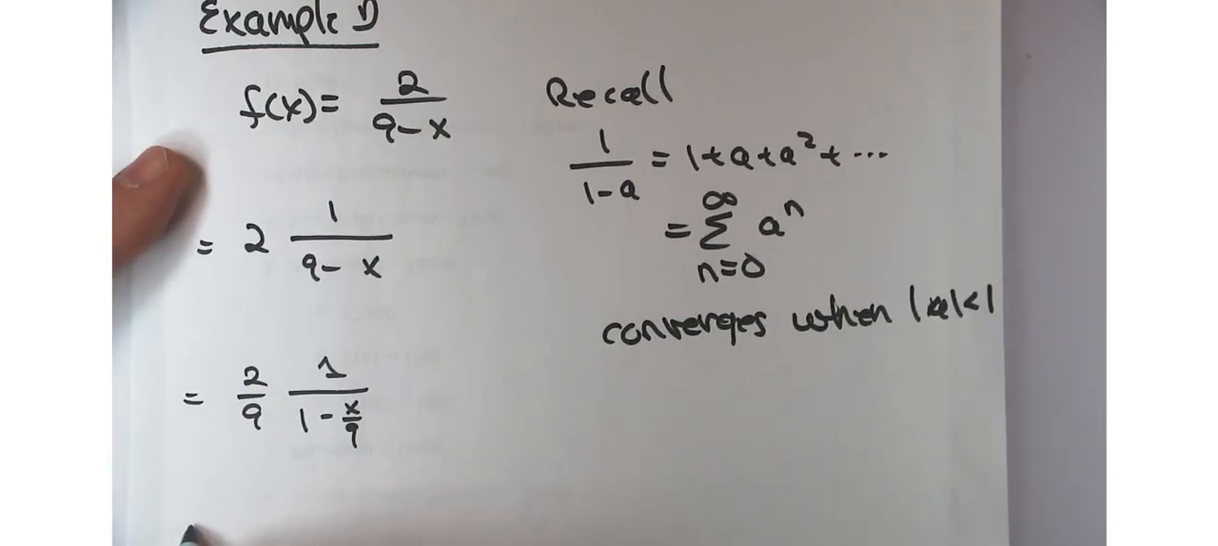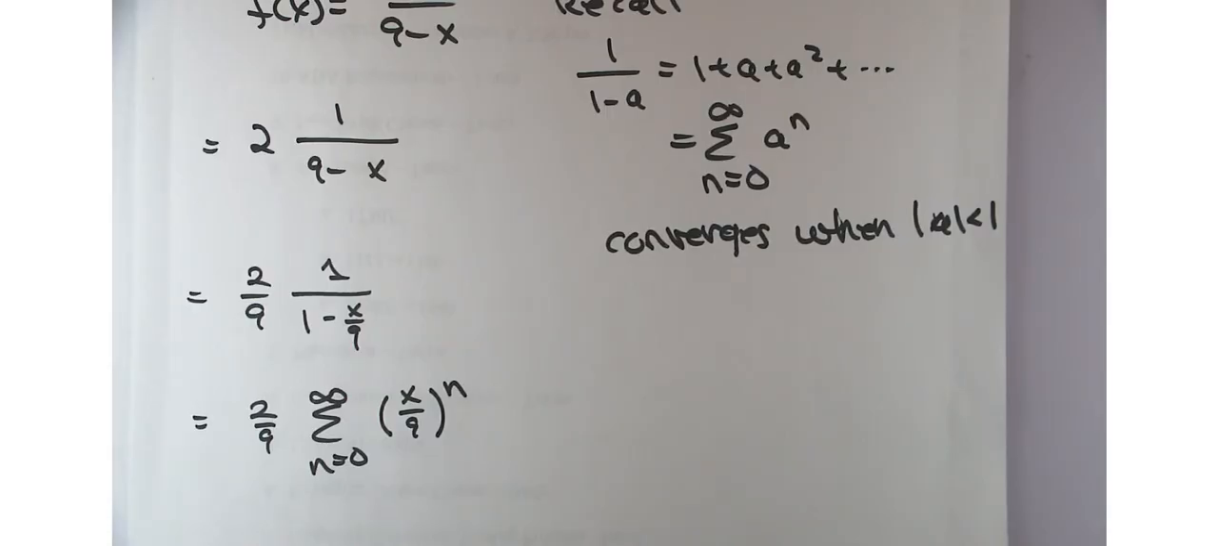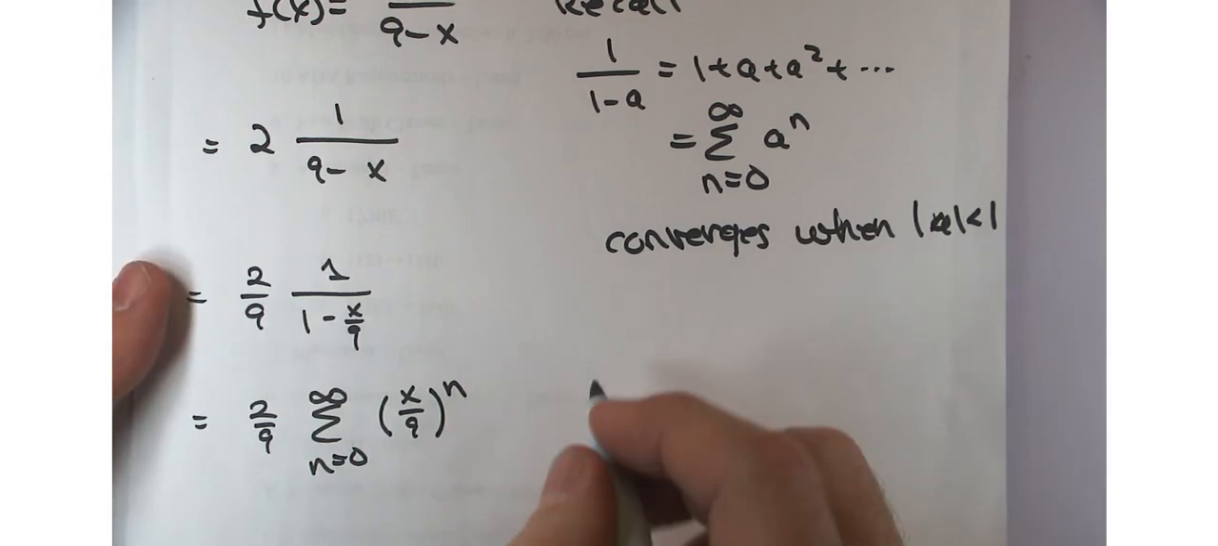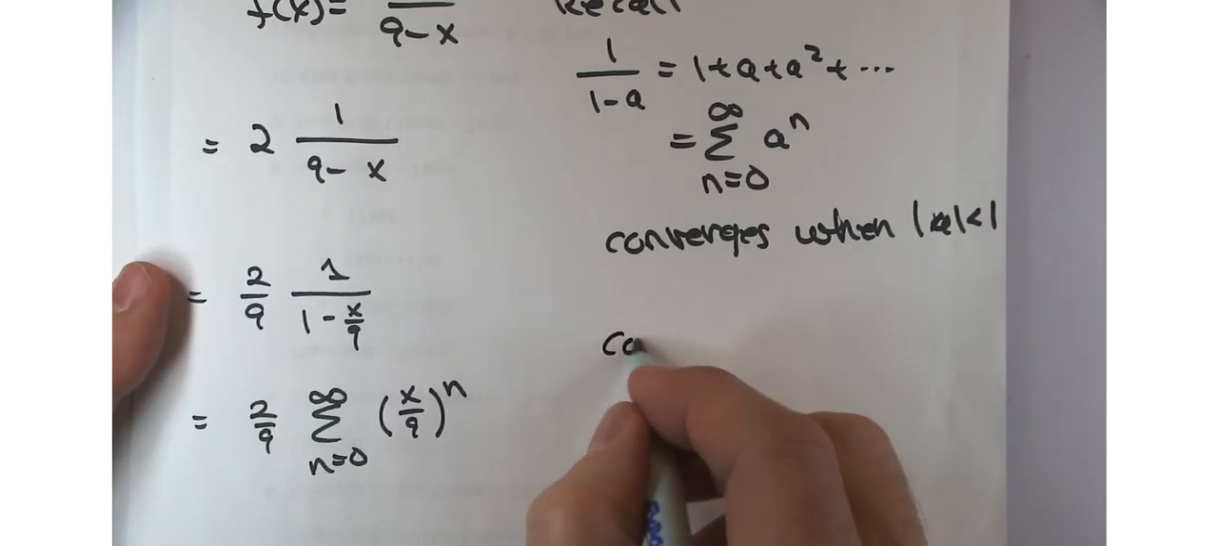So that's equal to 2 over 9 times the sum from n equals 0 to infinity of x over 9 raised to the nth power. Now a good question would be, where does that converge? That's going to converge as long as x over 9 is less than 1 in absolute value. So it converges